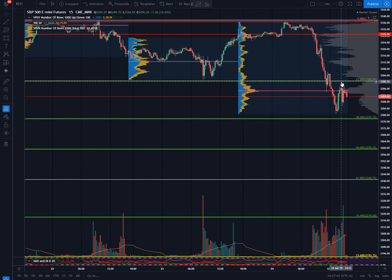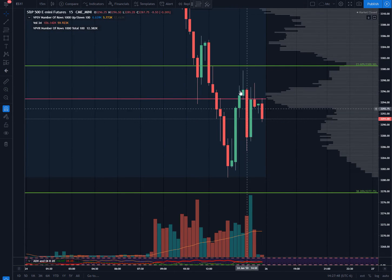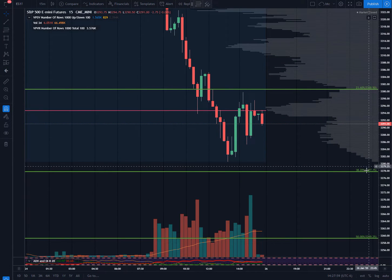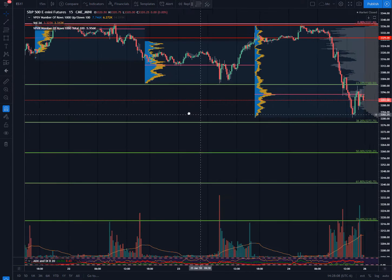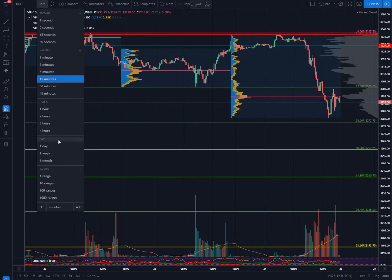supply. We see that in the topping tail here on the 15-minute chart. Excess supply up here. Prices pushed back down, back into this consolidation level. For now, we see the longer-term areas horizontally here, 32.78 and 3300. Price currently consolidating between them. If we wanted to pull out here again,